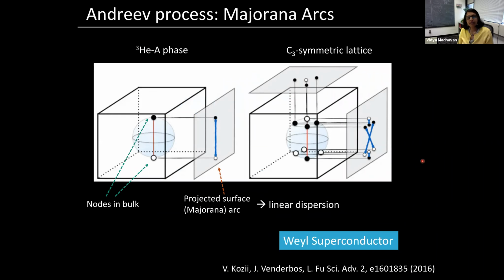And in fact, it's the same Andreev scattering process that gives rise to all of the edge states that people keep talking about in superconductors. So even these Majorana arcs and Majorana chiral edge modes, the process that gives rise to these edge states are all Andreev processes. So a step edge is a very good place to look for interesting features and to see if you see any resonances that might give you an indication of the order parameter